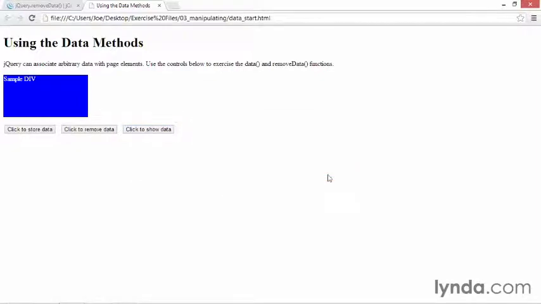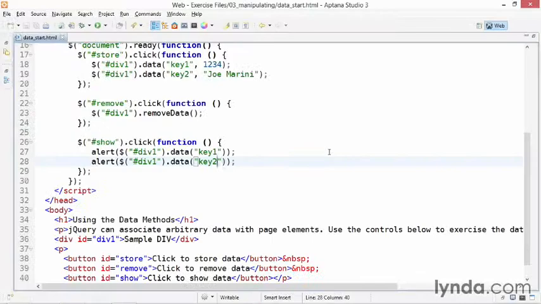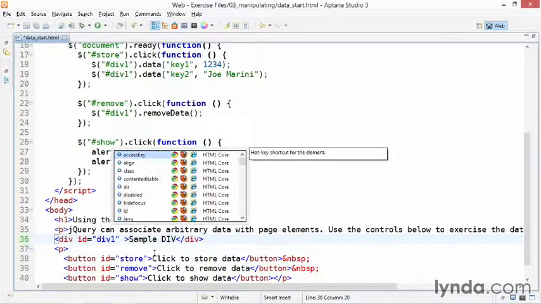Okay, let's do one more thing. Let's show how you can work with data attributes. This is a new feature in HTML5. Data attributes basically allow you to put data directly on elements inside a page. The way you do that is right here on the div. I'm going to come down here to the div, and I'm going to give it an attribute. I'm going to name it